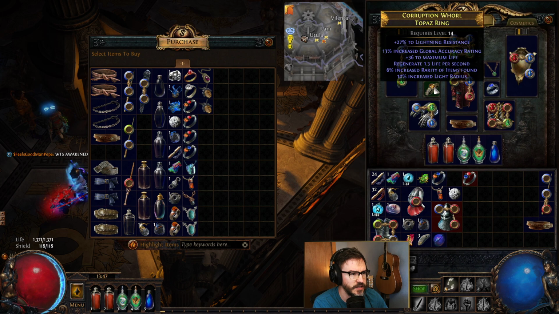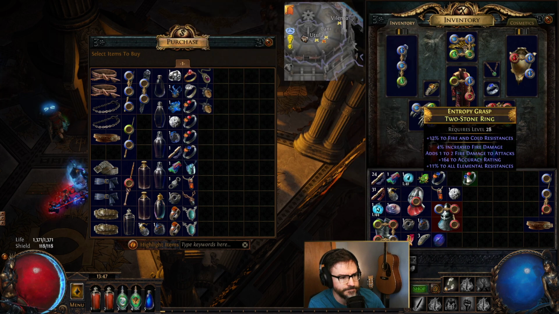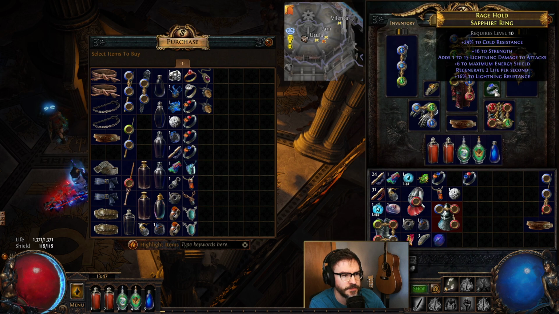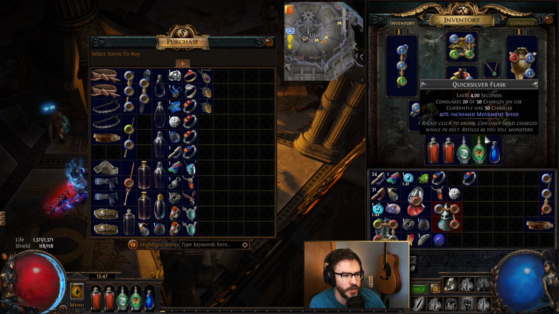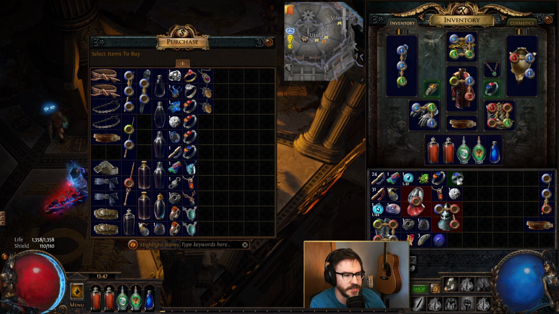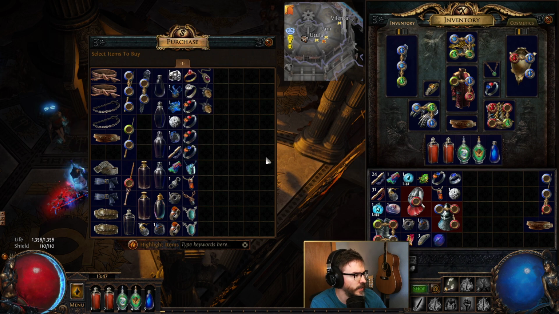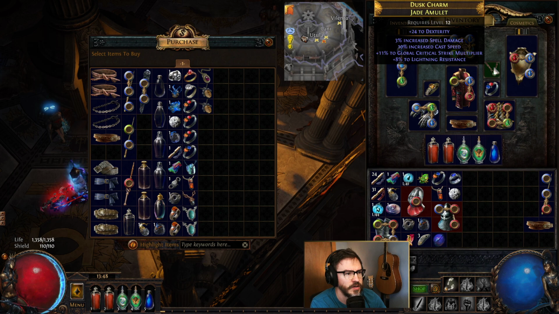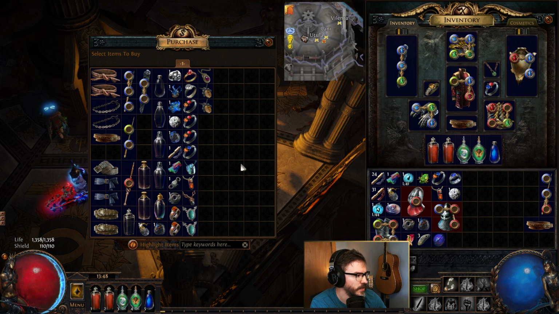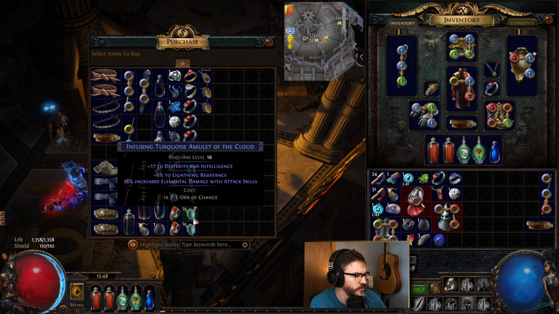We probably should consider grabbing some better jewelry. Increased fire damage. This is probably better. I mean, it's a little bit less lightning resist, but I think we've got tons of lightning resist at the moment. Okay, let's see here. That's probably solid for now. We don't need cast speed, so this really isn't that amazing. But I don't see a dexterity necklace. There's this one. Elemental damage with attack skills. Well,